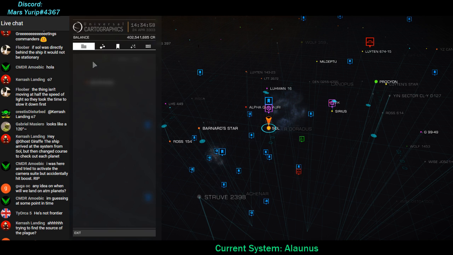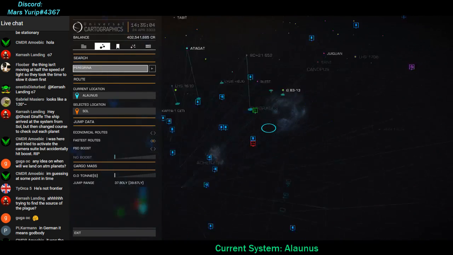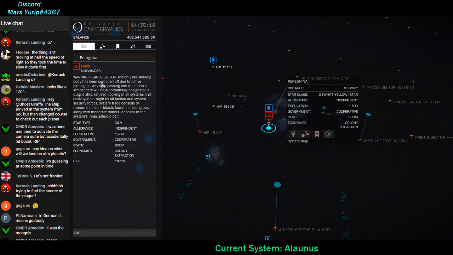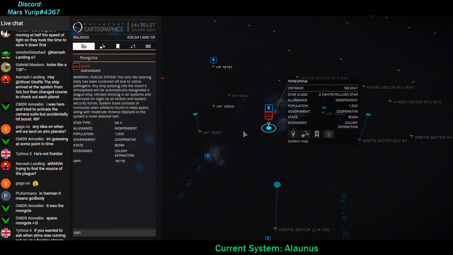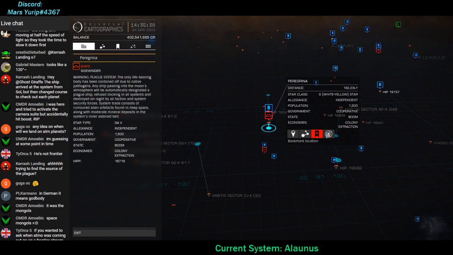Well, I'll tell you guys what. I do know one thing. Our very first stream was here. And this place is interesting because, if you read it, it says warning, plague system. Only life-bearing bodies have been cornered off to native pathogens. Any ship going through here will get blown up. Trade systems, alien artifacts into deep space. Alright? We do have a future space tourism episode that's going to take place here, spoiler alert, just because of this. And our first live stream we ever did,